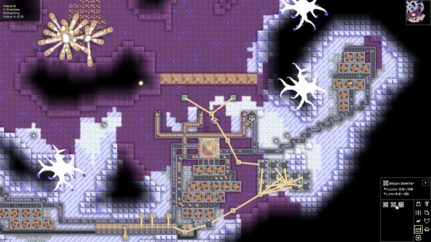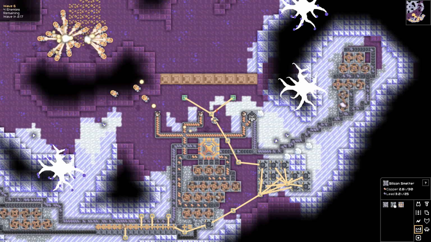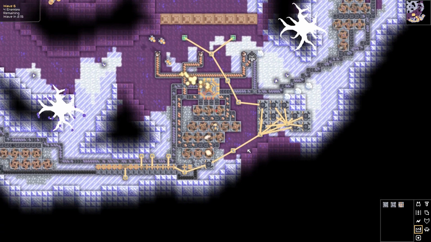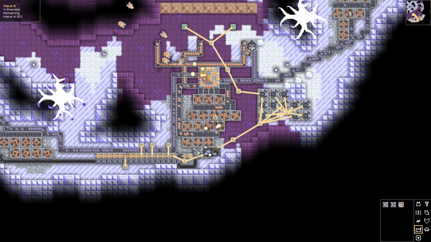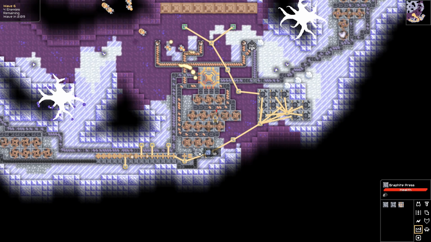Okay, anything else that we haven't built yet that we need to think about building? A silicon smelter? I mean, I haven't actually done anything with the silicon smelter. The graphite press... I mean, I'll take the graphite out, but...